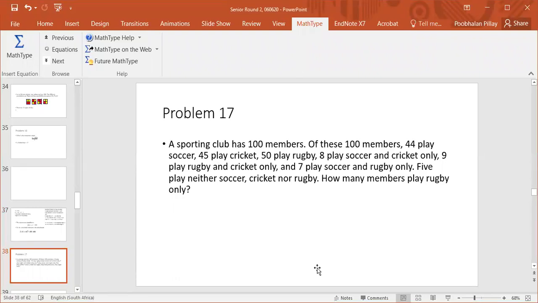And the question is now, how many members play only rugby? It's a very good example of where a diagram can help you greatly. Now, when you've got a problem like this,